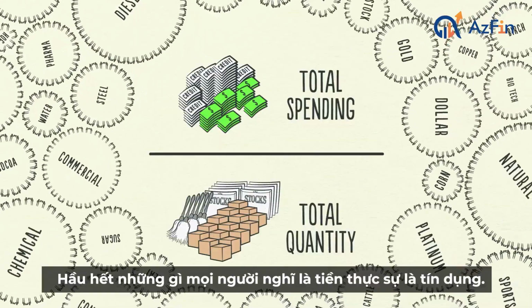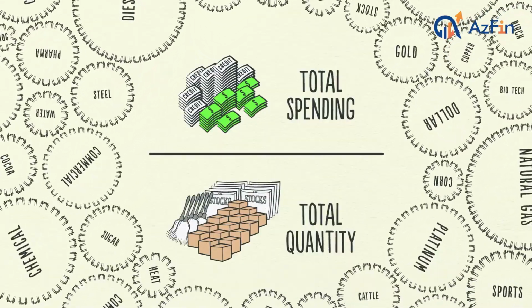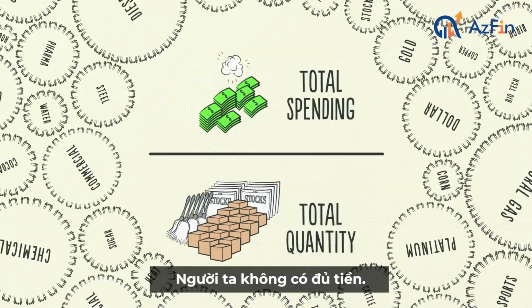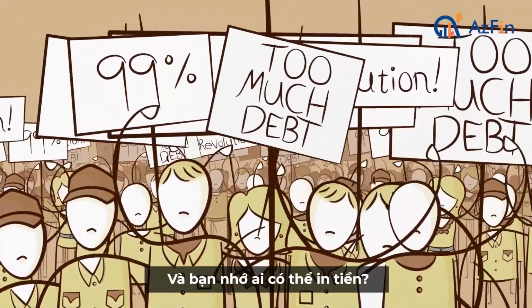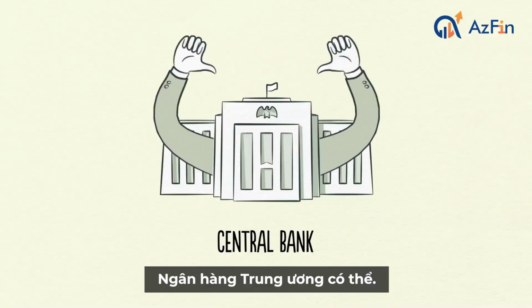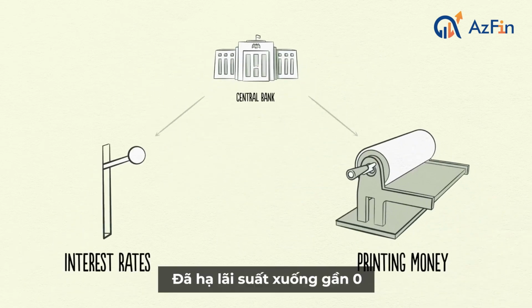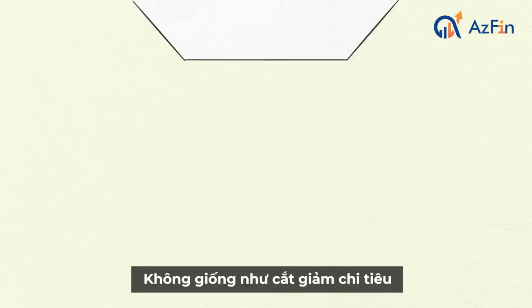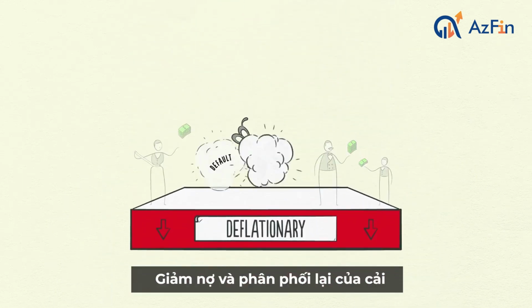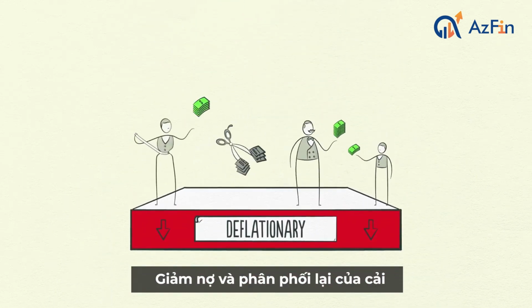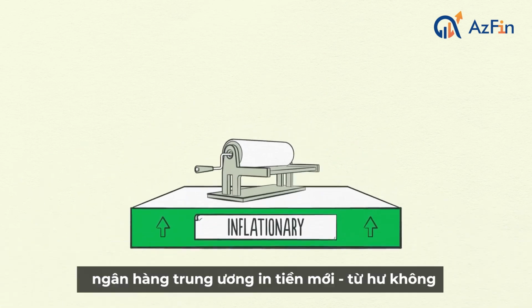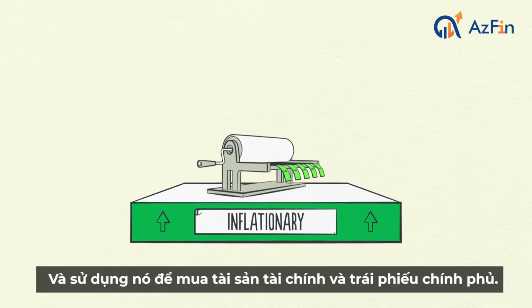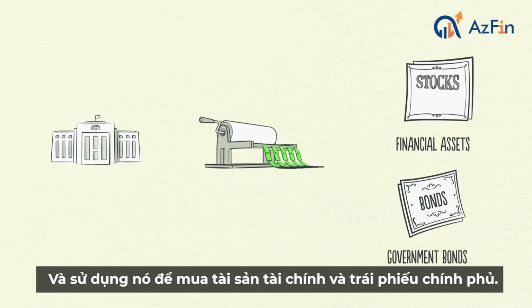Remember, most of what people thought was money was actually credit. So when credit disappears, people don't have enough money. People are desperate for money, and you remember who can print money? The central bank can. Having already lowered its interest rates to nearly zero, it's forced to print money. Unlike cutting spending, debt reduction, and wealth redistribution, printing money is inflationary and stimulative. Inevitably, the central bank prints new money out of thin air and uses it to buy financial assets and government